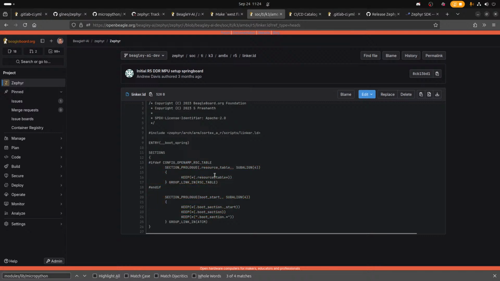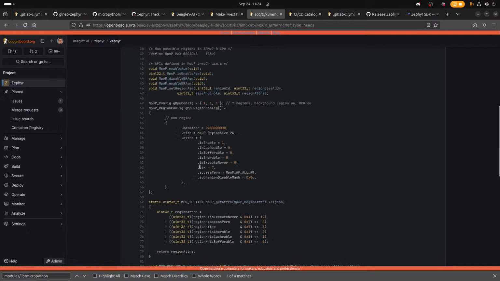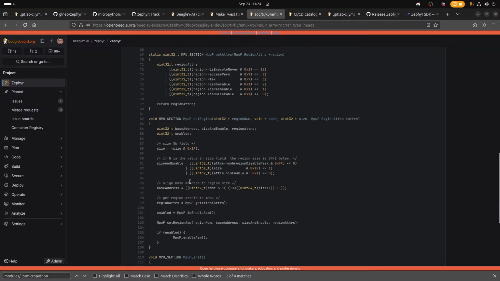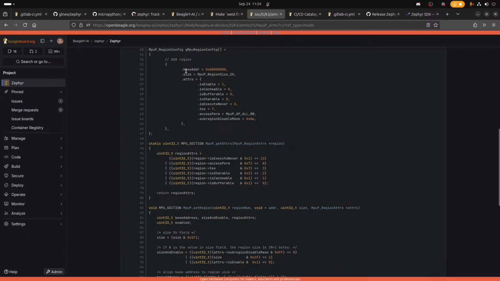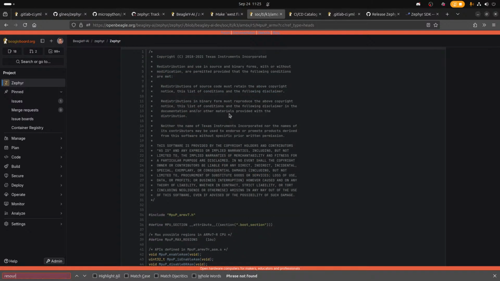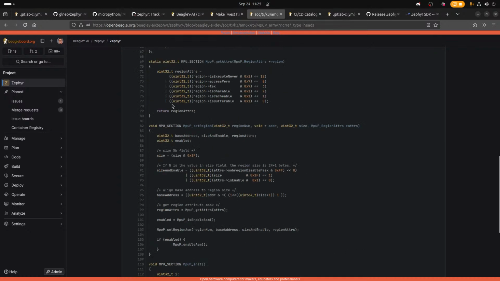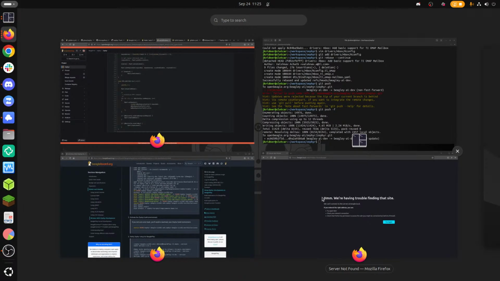Okay, linker. Boot sections, resource table. There's a resource table, but where are the contents of the resource table? Attributes. Yeah, here it is. There's a DDR region, not the... well, maybe that region's used for... Sorry. Not exactly sure where the resource table is.